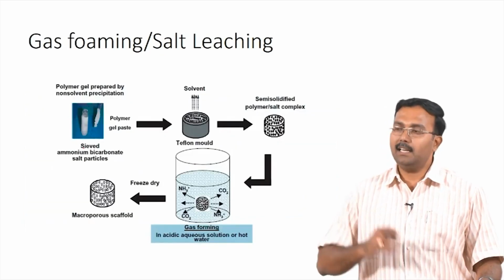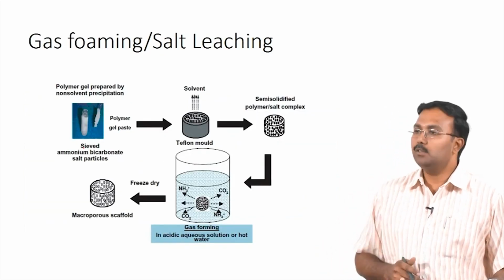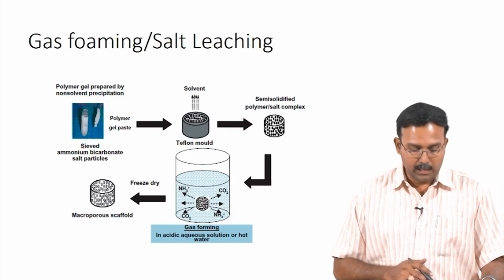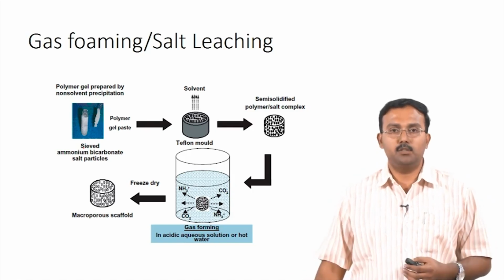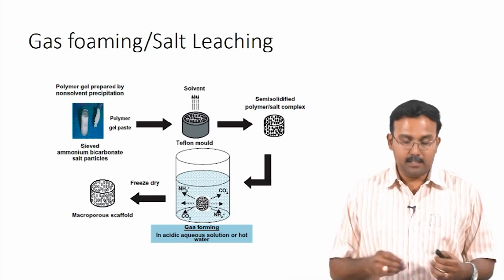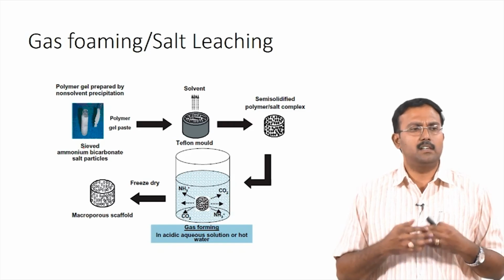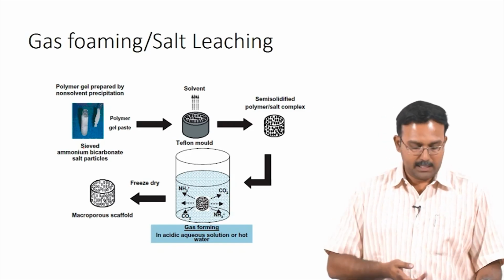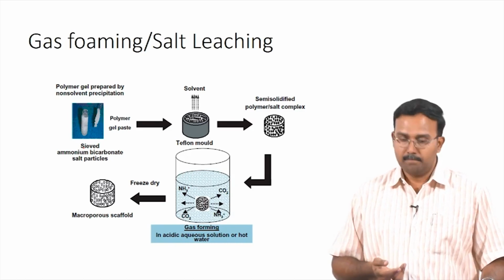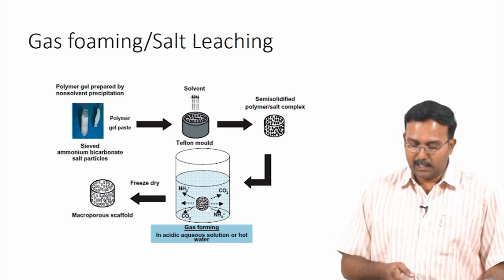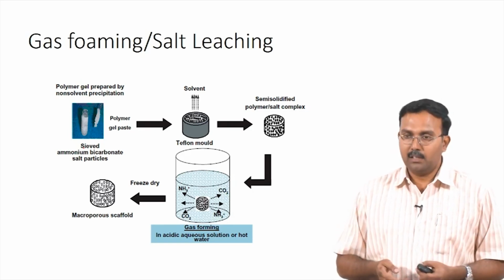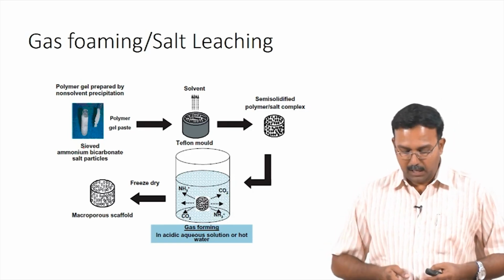To get better interconnectivity, that's why you do gas forming and salt leaching. What you do here is a polymer gel is prepared, and instead of just adding salt, you add a salt which can actually release gas. An example would be ammonium bicarbonate. You add this, then you evaporate the solvent and put it in water or in a buffer. What will happen is